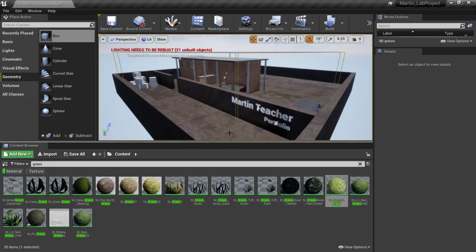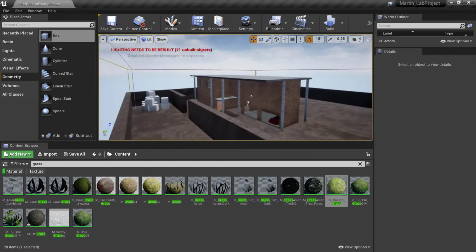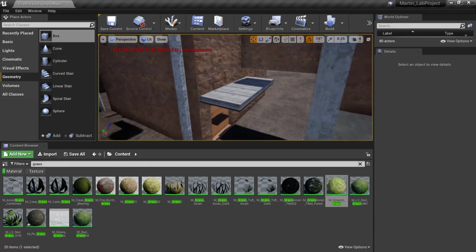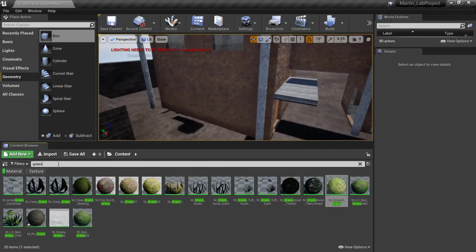And hello and welcome. My name is Martin, and today what we're going to be doing is adding materials to the outside of our environment and meshes that are going to dress up the environment a little bit and make it look a little bit more realistic as opposed to just a very plain sort of brick floor. So to do that, well, actually, before we start, you really need a